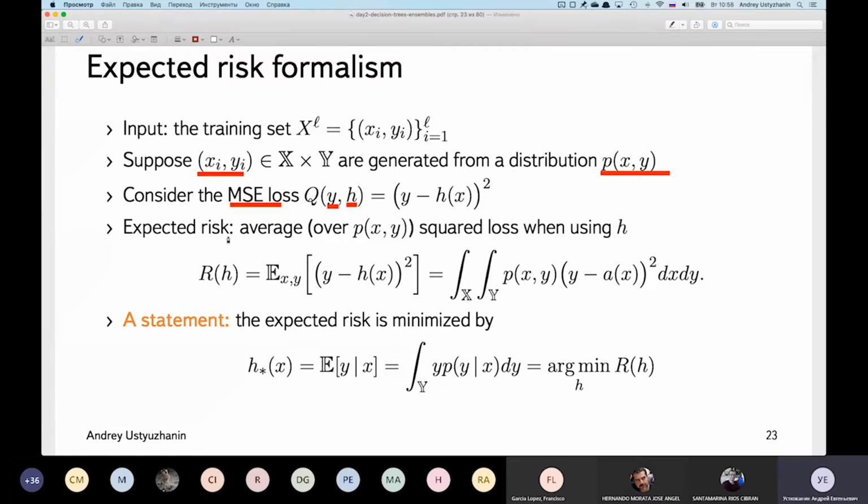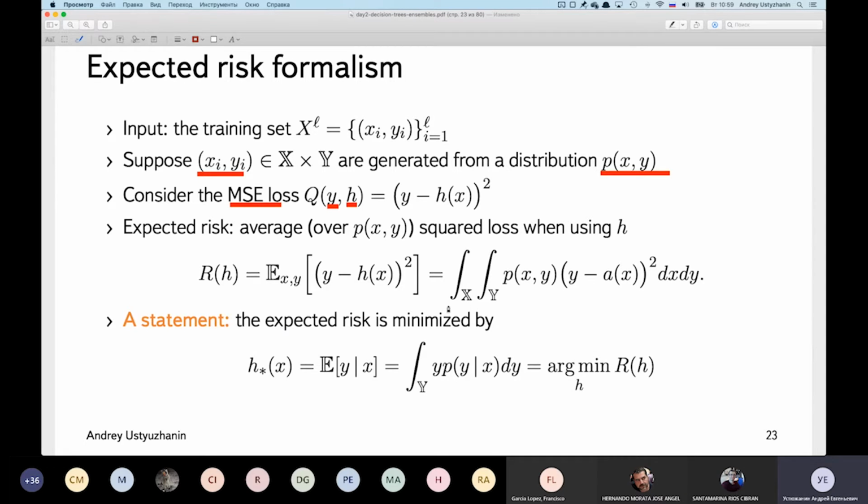And there is the expected risk quantity. It corresponds to the mean squared error with respect to the whole space of all possible values